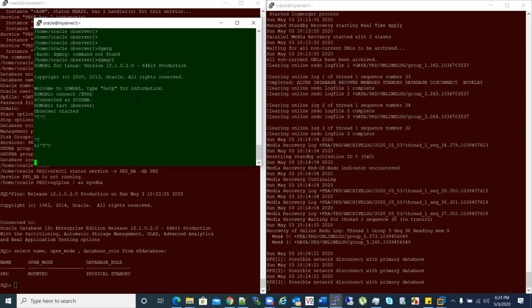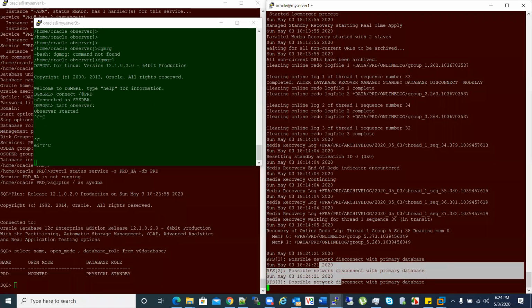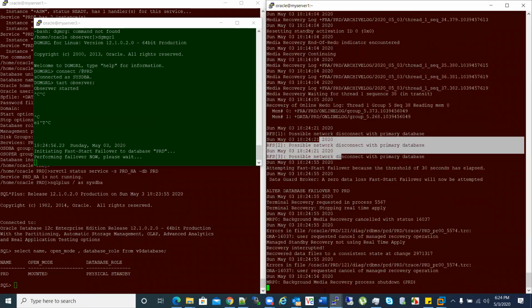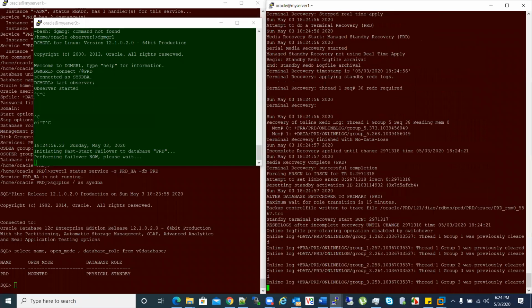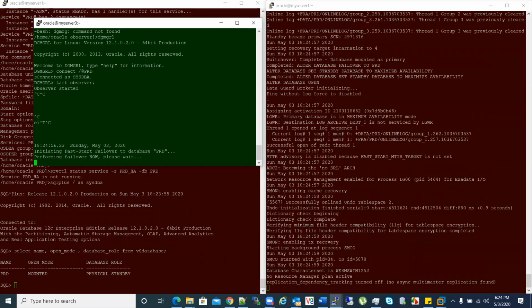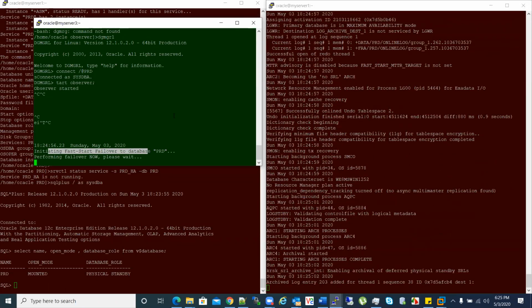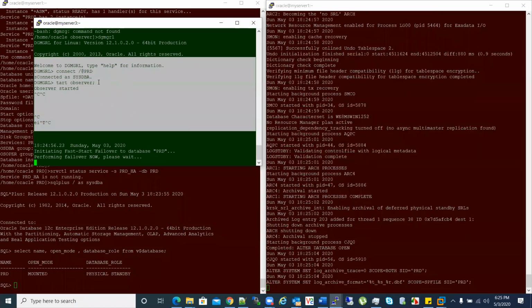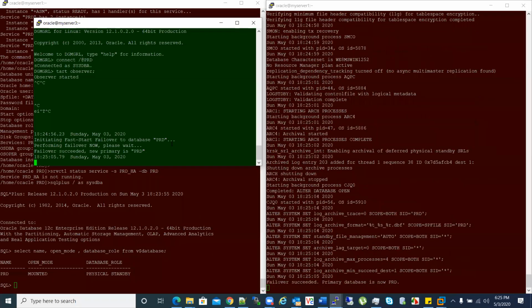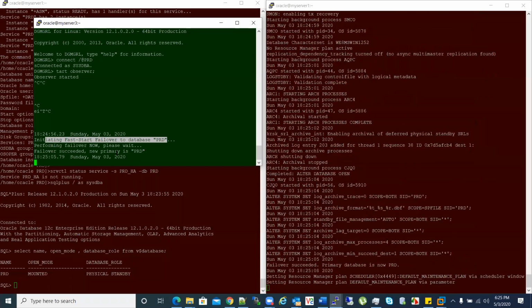So let's wait for 30 seconds and see whether it says, okay, let's start the failover, because the primary is no longer accessible. You see, after 30 seconds, immediately it recognized and said, okay, initiating the fast start failover. The green observer server is telling us to initiate the fast start failover because in 30 seconds the primary did not come up.